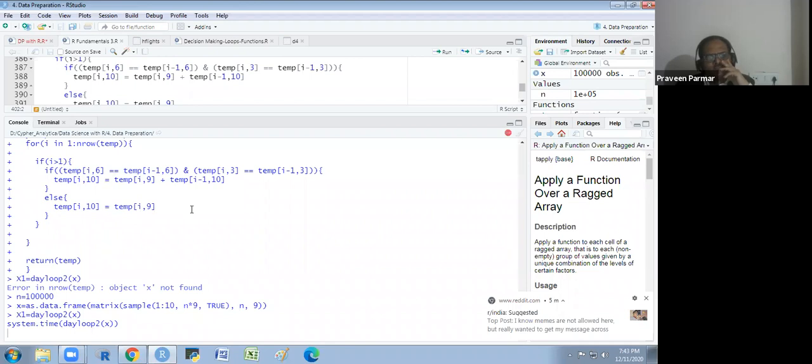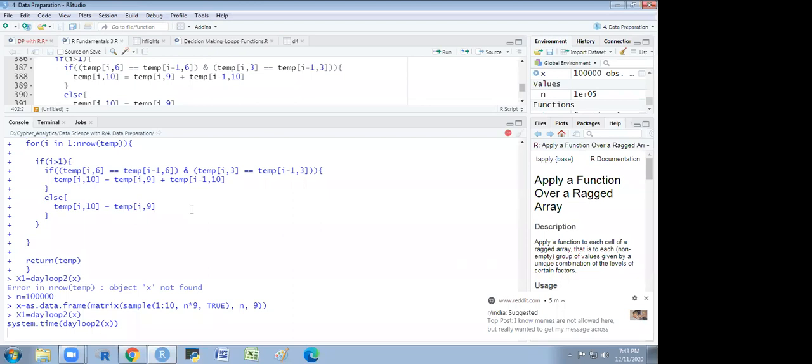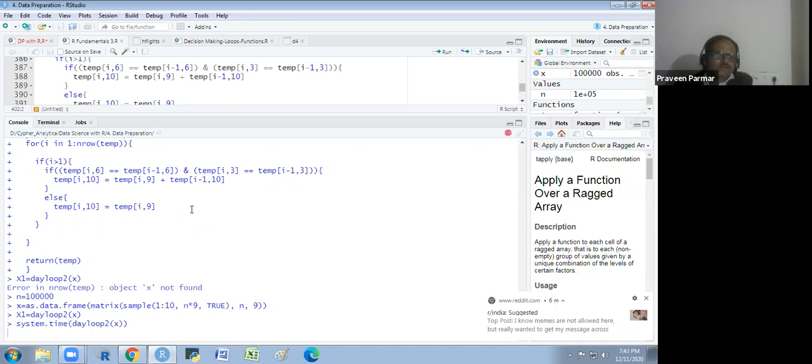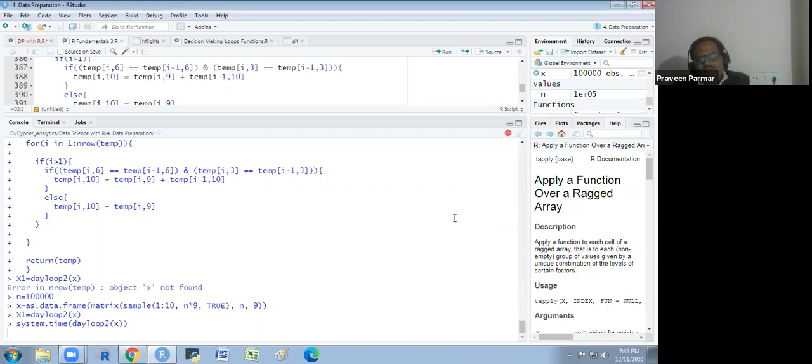The loop is running here. It is taking too much time. This technique we explain in our regular course, how to vectorize the function in R, how we could reduce the time of the loop and the whole algorithm, how we could change things.